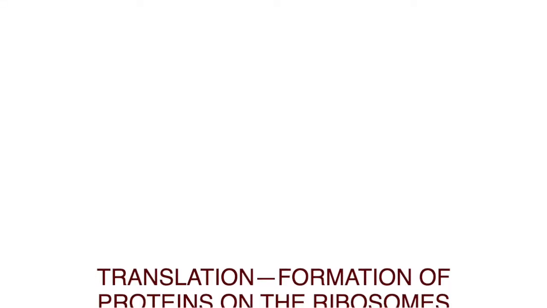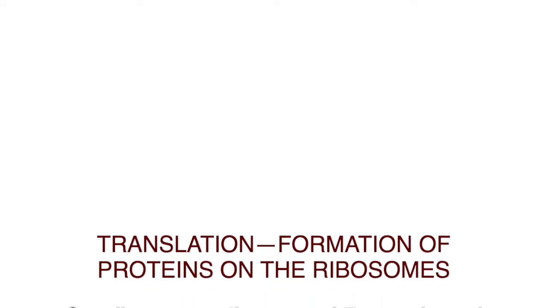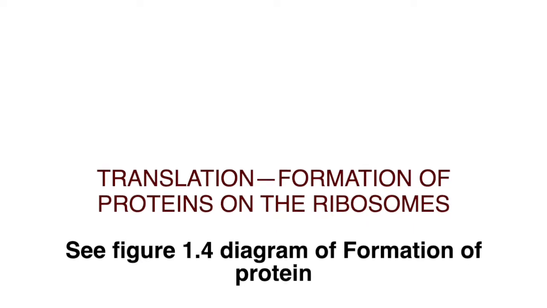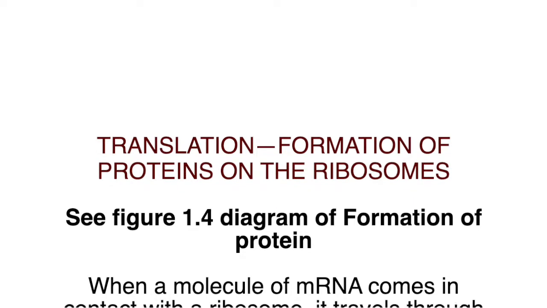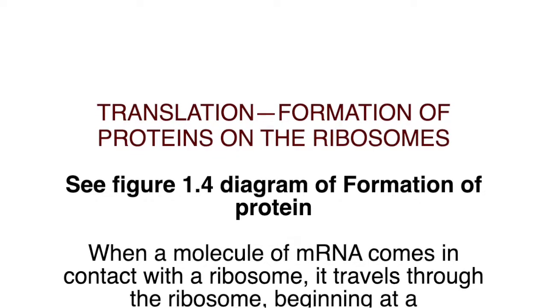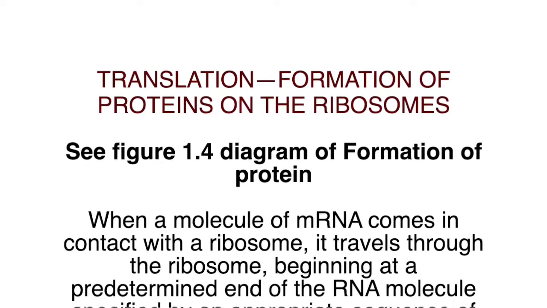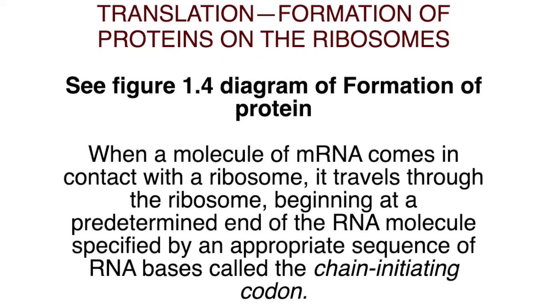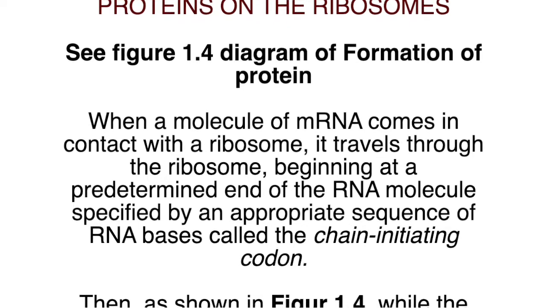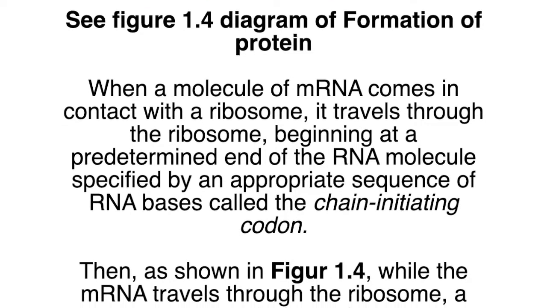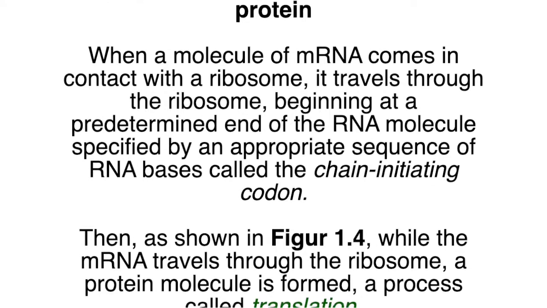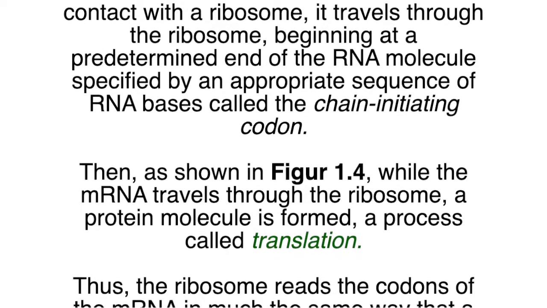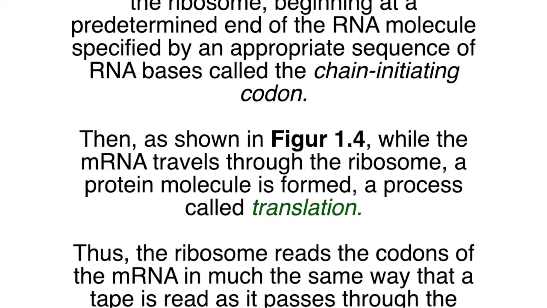Translation. Formation of proteins on the ribosomes. See figure 1.4, diagram of formation of protein. When a molecule of mRNA comes in contact with the ribosome, it travels through the ribosome, beginning at a predetermined end of the RNA molecule, specified by an appropriate sequence of RNA bases called the chain initiating codon. Then, as shown in figure 1.4, while the mRNA travels through the ribosome, a protein molecule is formed, a process